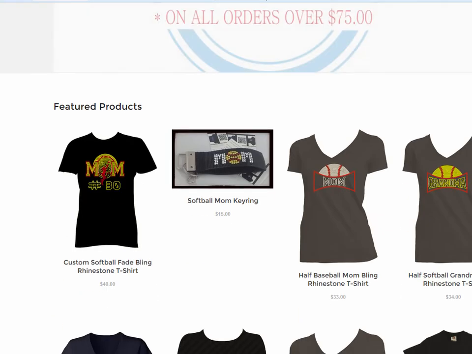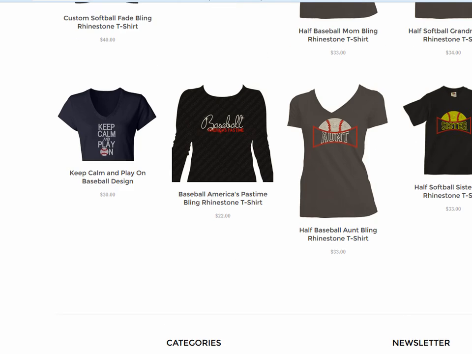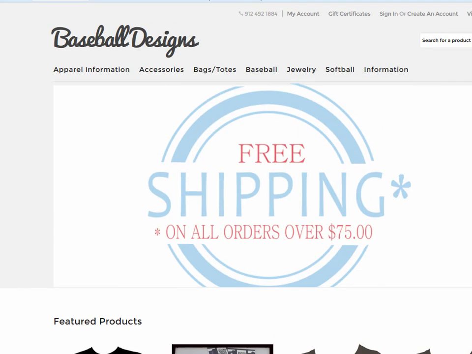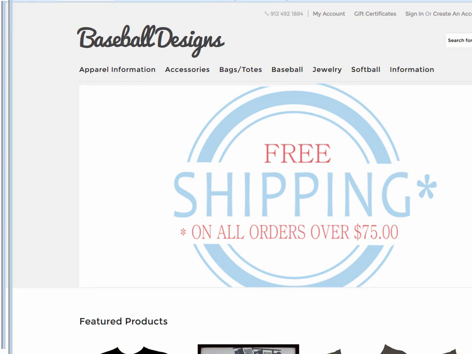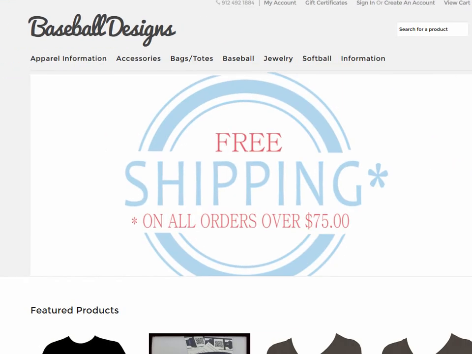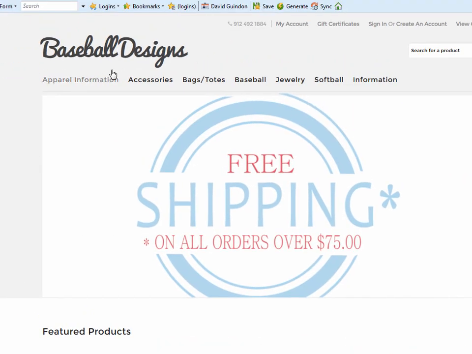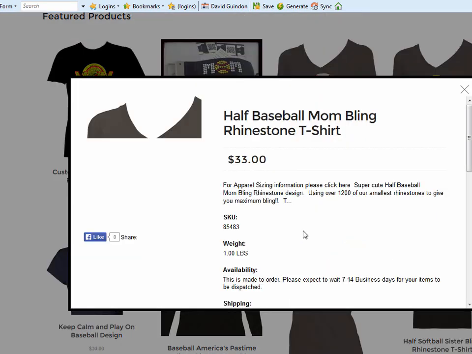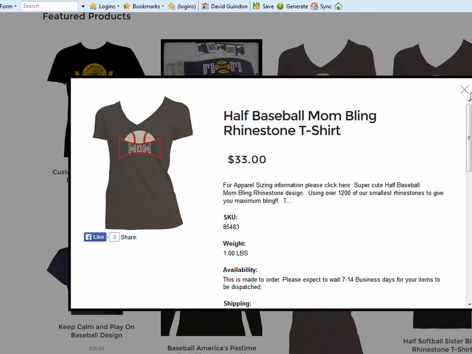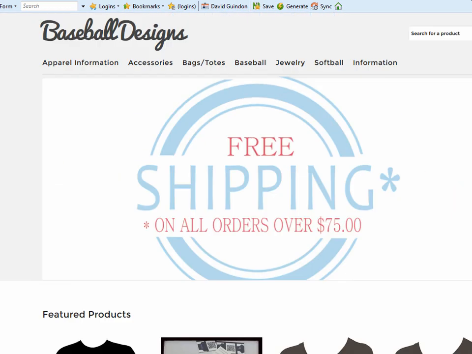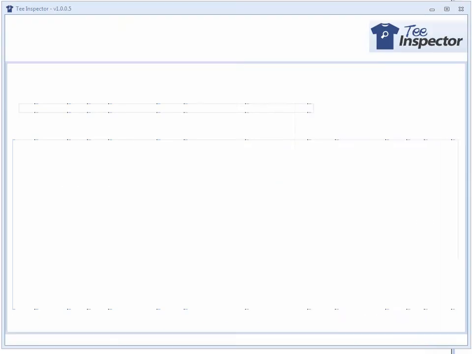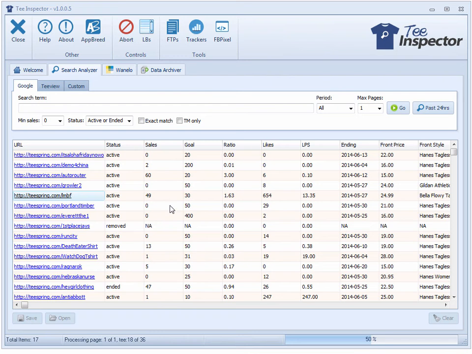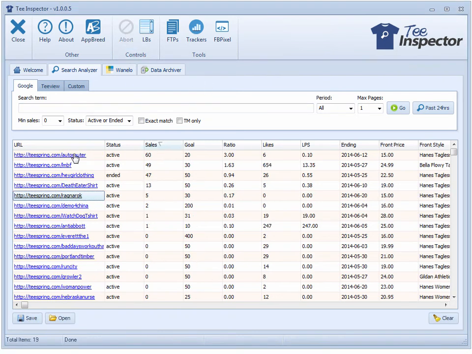Looks like it's from some... it looks like someone's got their shirts on a website, which is really smart. And once you find a really good popular niche, that's a really good thing to do. Go out and get a web domain, throw up a WordPress blog, and just create some quick shirts or a quick site and put your shirts on here and just have it all point back to Teespring. I've seen a lot of people do that. Let's see if we find anything here.